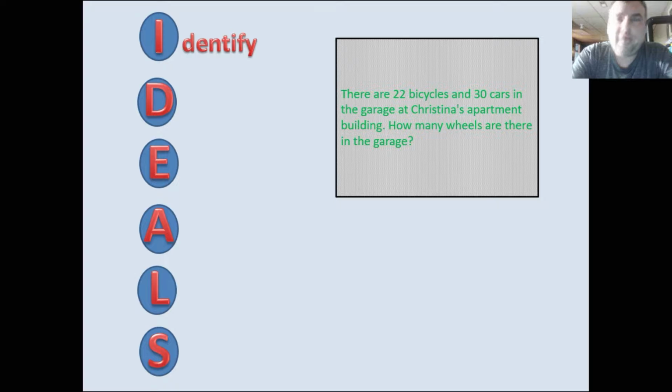So there are 22 bicycles and 30 cars in the garage at Christina's apartment building. Man,